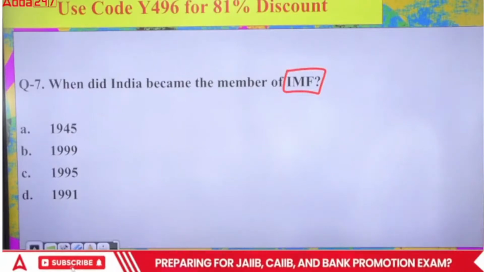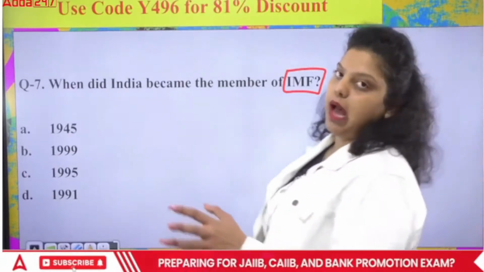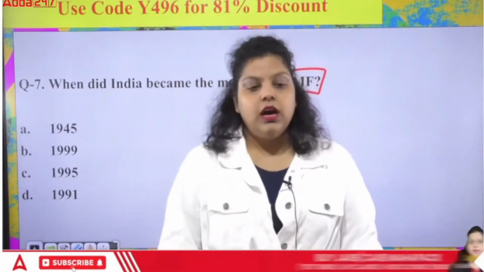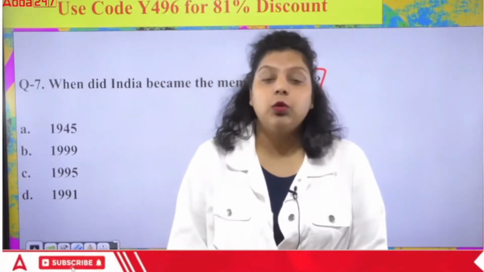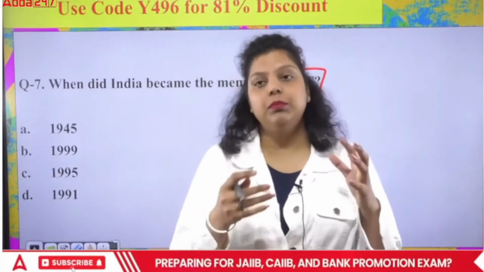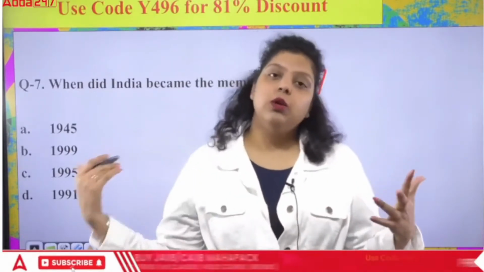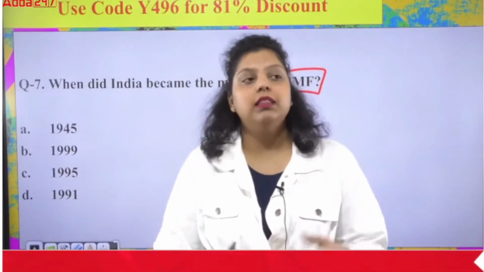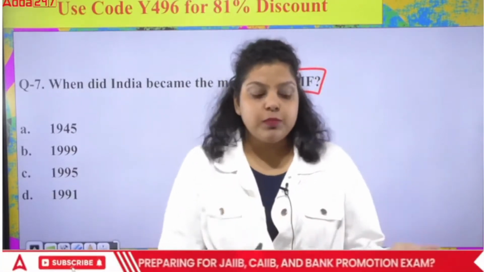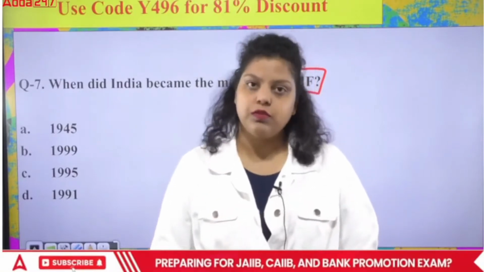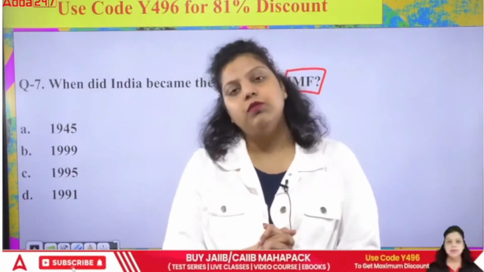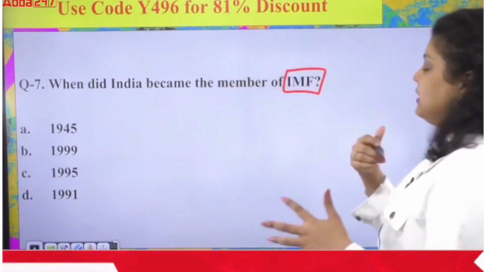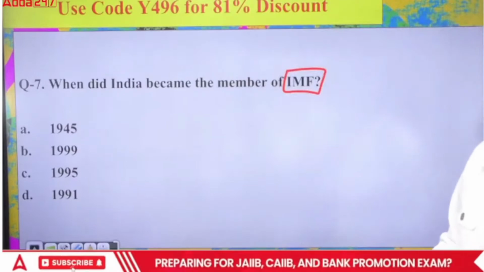So what happened after World War II? After World War II, the US president said under the Bretton Woods Conference that it is required from all of us that we rebuild our global financial market. And to rebuild the global financial market, the US president hosted the Bretton Woods Conference, and that conference gave us 4 international institutions that were helping to build the global financial system.